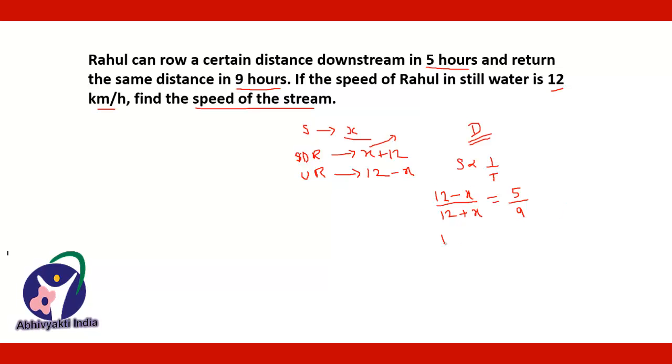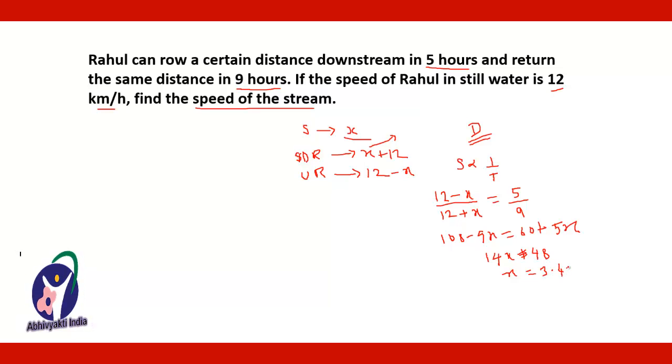Now solve this and you will get the value of x. So this will be multiplied by 9 to this side, so it will be 108 minus 9x is equal to 60 plus 5x, and therefore if you solve this you get 14x is equal to 48, and therefore x is equal to